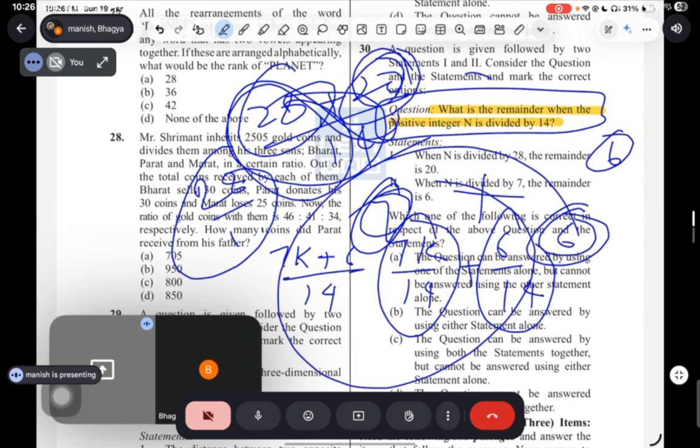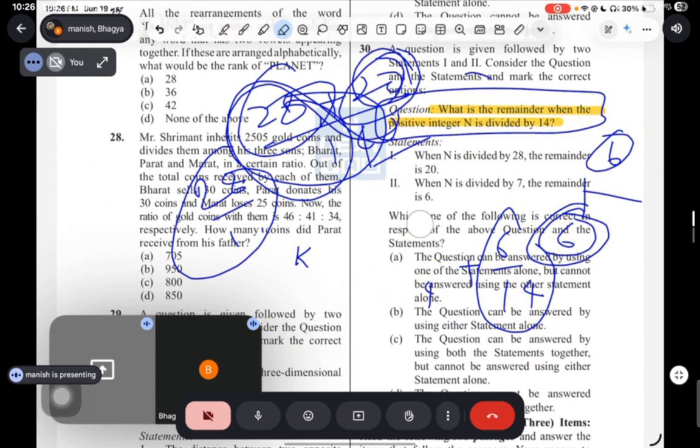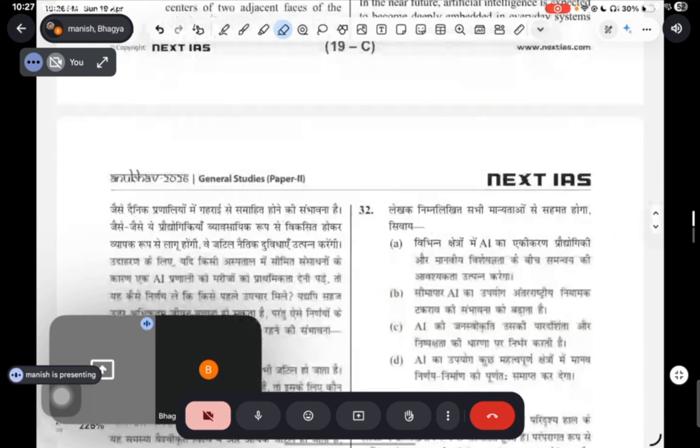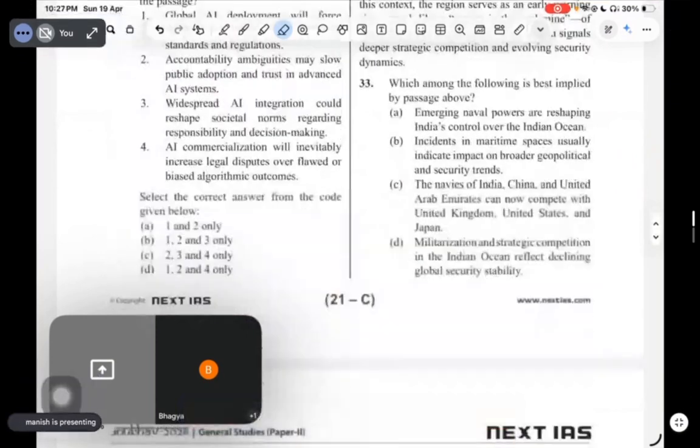But here 7 is also not divisible and 6 is also not divisible, so there will be different numbers. That's why guys, statement two has different remainders, but only one has a fixed remainder. Here I want a fixed remainder, and that is possible when there is a multiple of 14. Multiple of 14, not a factor of 14. Multiple of 14 works. You will understand this in the video.